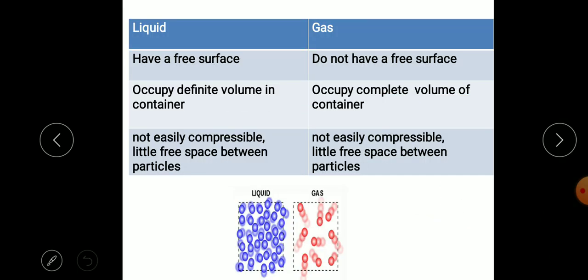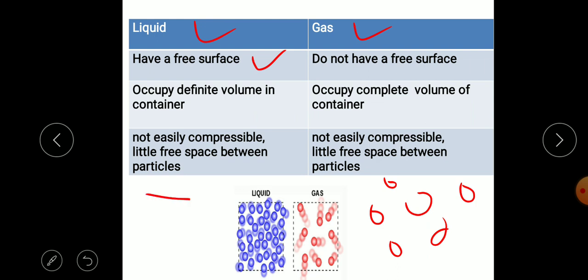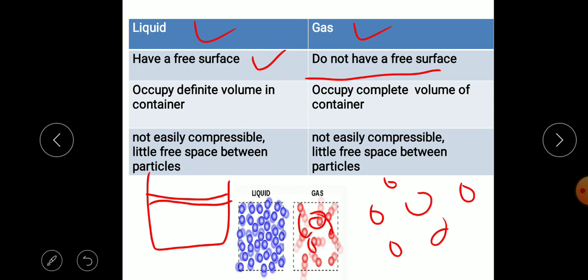Next we consider the two types of fluid, liquid and gas. Liquids, we have considered, have the molecular distance between them nearer as compared to gases. Gas molecules are moving randomly. There is a large space between the gas molecules. Because of this, liquid forms a free surface in the container. If you consider liquid in a container, it forms a free surface, but the gases are moving randomly inside the container, so they do not have any surface.